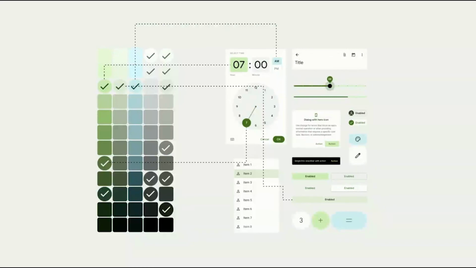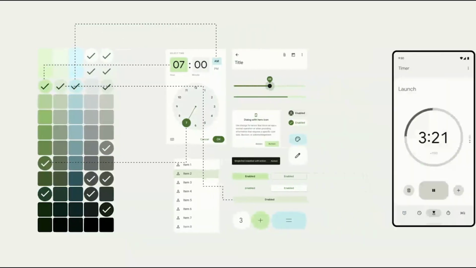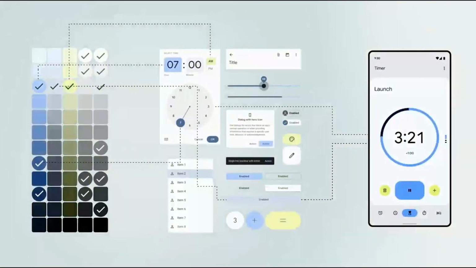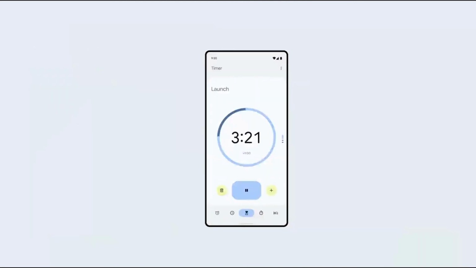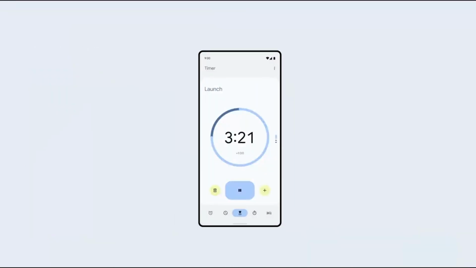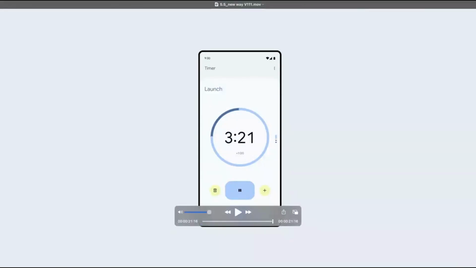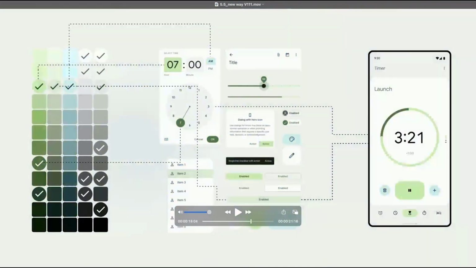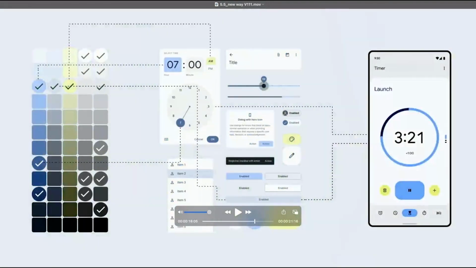Let me keep playing this. Yeah, basically, I guess this is the dynamic part, right? This is how with different palettes, it looks different ways. Now it's blue, yellow is the secondary color here, and this just goes with the personalization that a person has chosen. And it's really wonderful because when I play with it and use it on my phone, I just get such delight